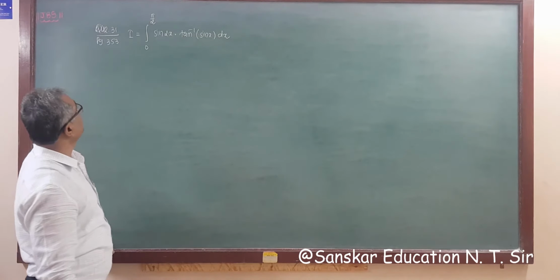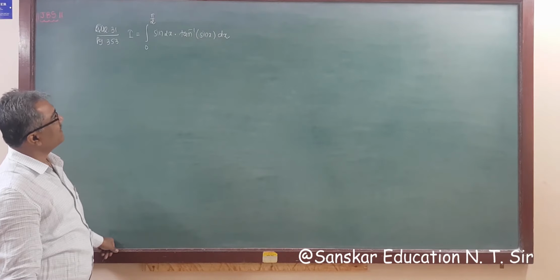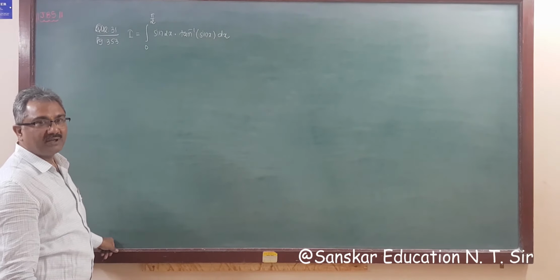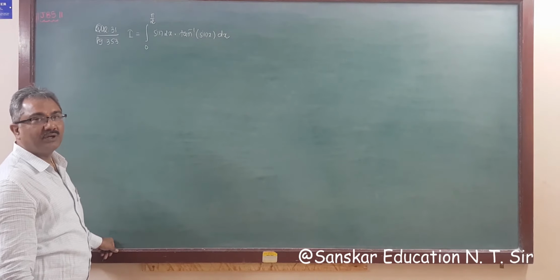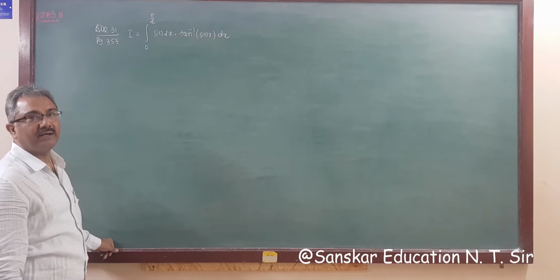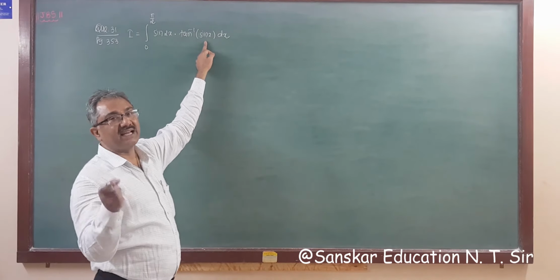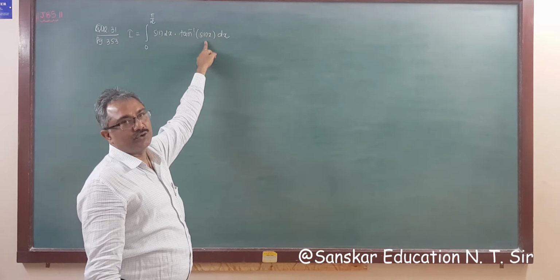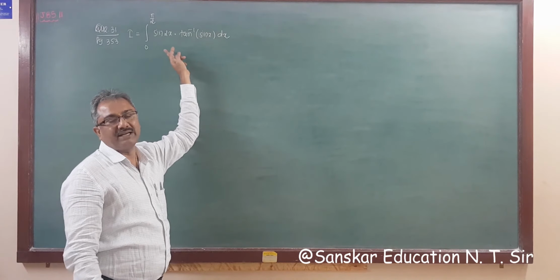Next question is question number 31, page 353. I is equal to integral from 0 to pi by 2 of sin twice x tan inverse sin x dx. Nothing, we can't make anything out of it, right? So what do we do? For this, let us assume something new. Look, here we need tan inverse x, but there is no x, instead of x here is sin x. So if we assume for sin x, then the derivative is cos x, but here is sin twice x.